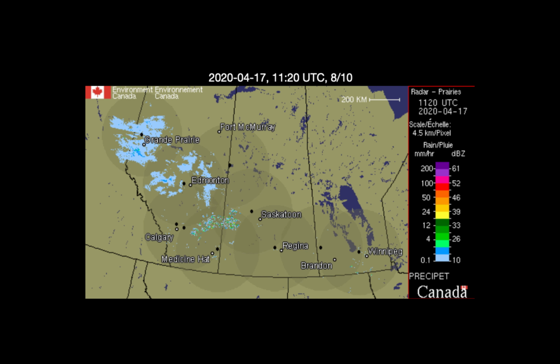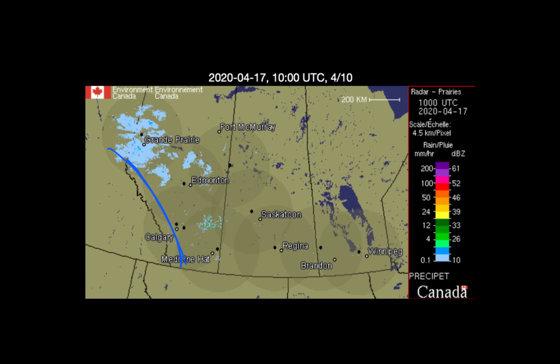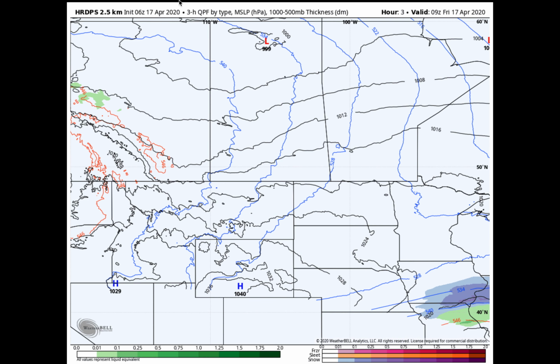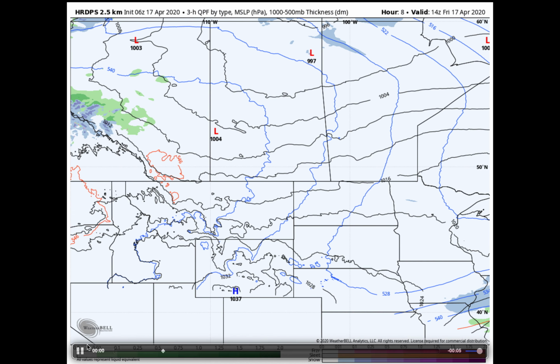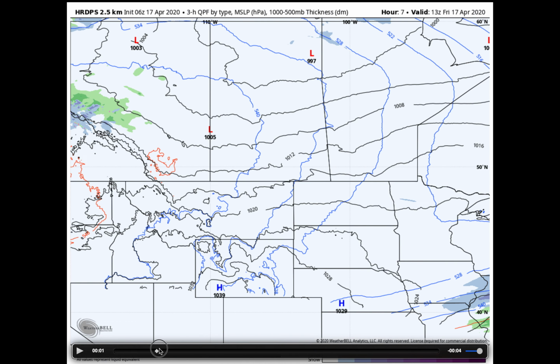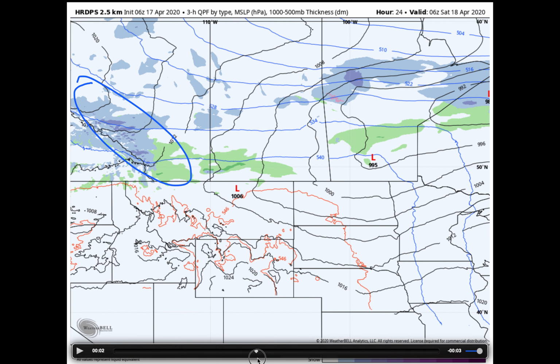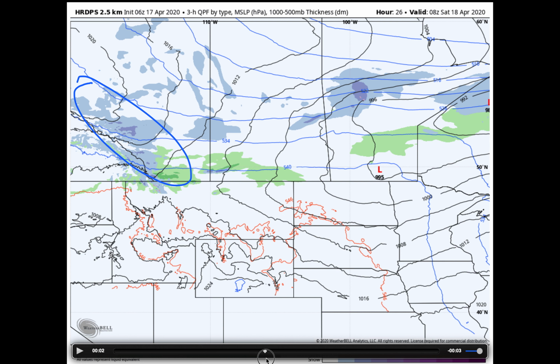Not expecting a lot in the way of accumulation with this, again, until you get towards some of the higher elevations of western and southern Alberta. So we'll look at the high-resolution Canadian model, watching this area of low pressure. This is a relatively weak area of low pressure tracking from northwest to southeast. Again, there's a chance for some heavier snow as you head toward the higher elevations, but elsewhere across the prairie,